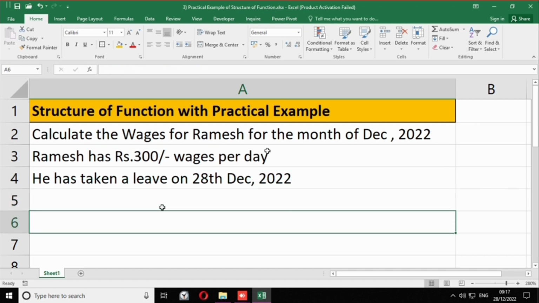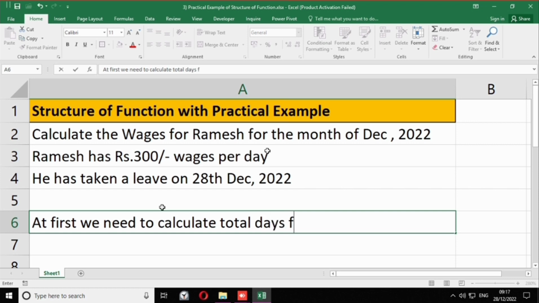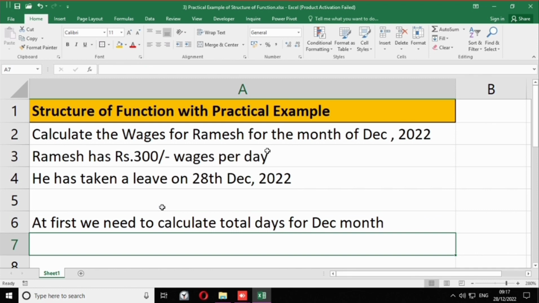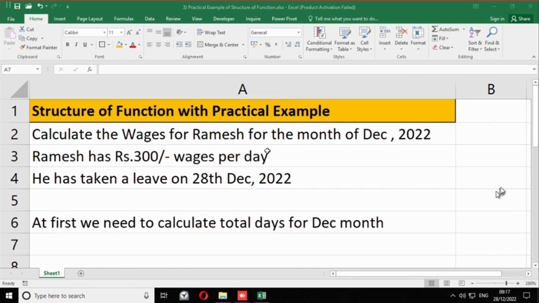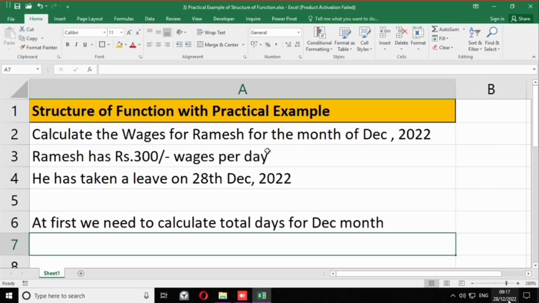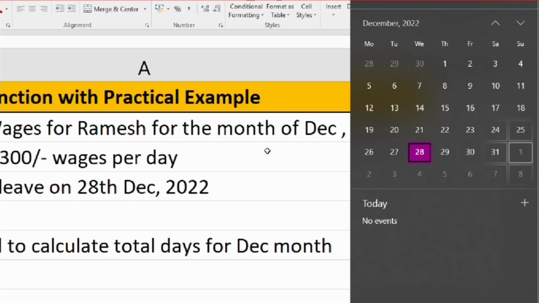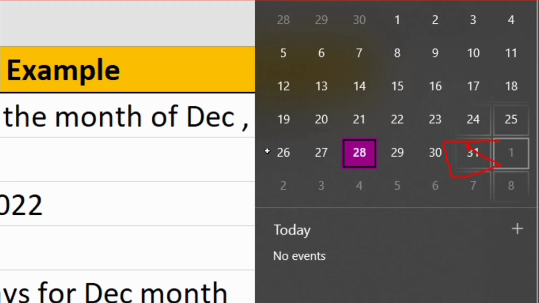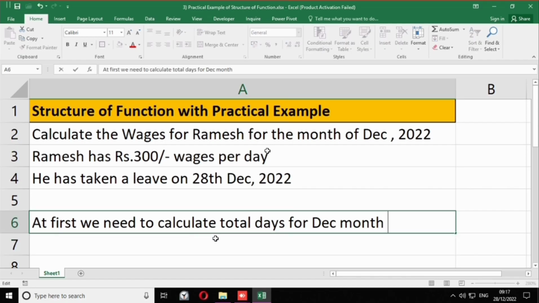At first we need to calculate total days for the December month. For December 2022 there are always 31 days.